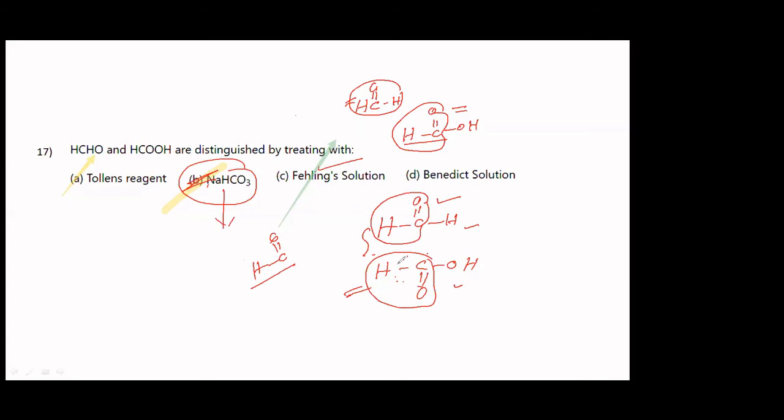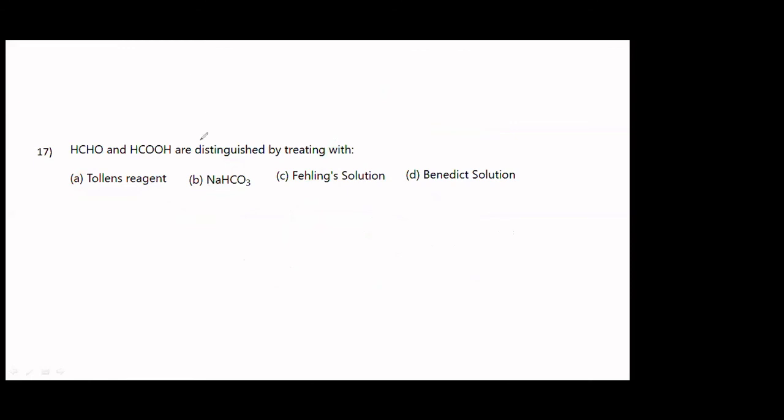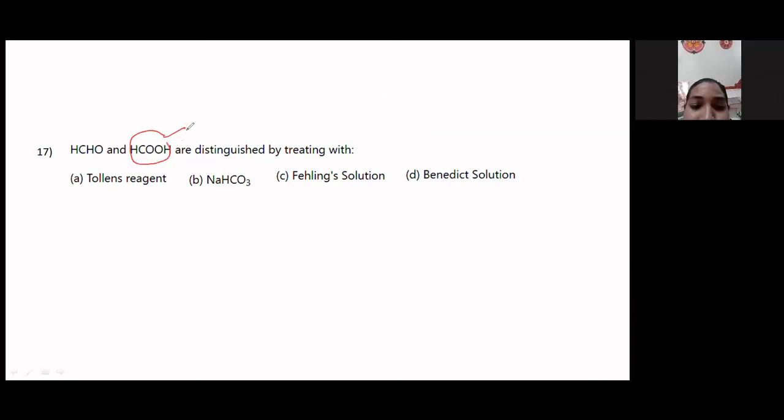Formaldehyde and formic acid give Tollens' test, ma'am. It gives Tollens' test, any aldehyde. In fact, it is very fast in this case. Immediately it will give. Okay, now you understood. In fact, I have taught this and asked this question to so many students, and none of them have been able to answer this. But now I think you will all answer, correct?